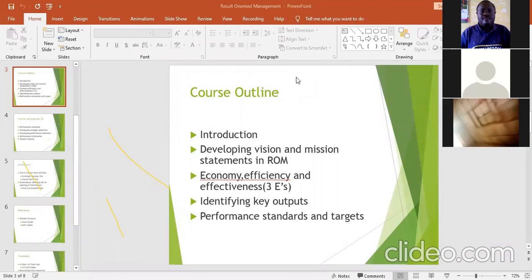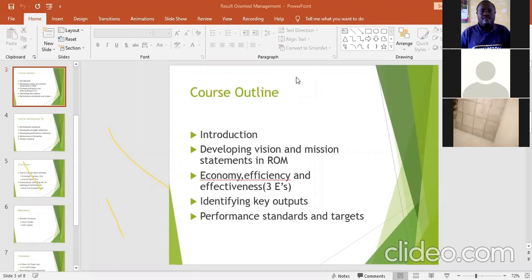And at the end of the day, you account for the result. Because ROM wants results, it does not want processes or procedures. ROM does not believe in bureaucracy, in red tape. It believes in results. But results being achieved, putting into consideration efficiency, effectiveness, and economy so that you minimize wastage